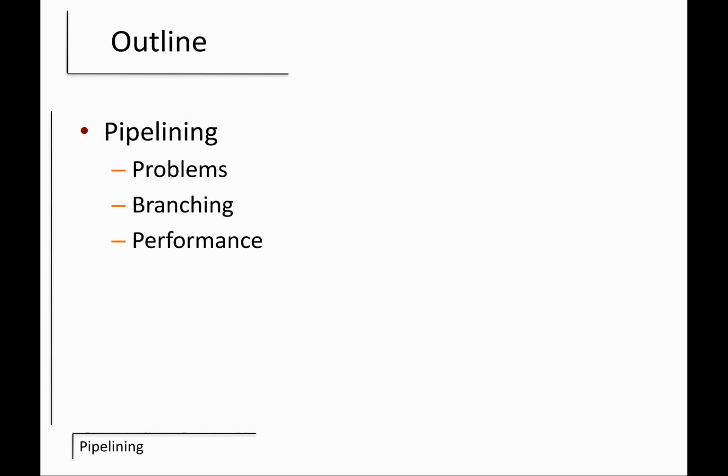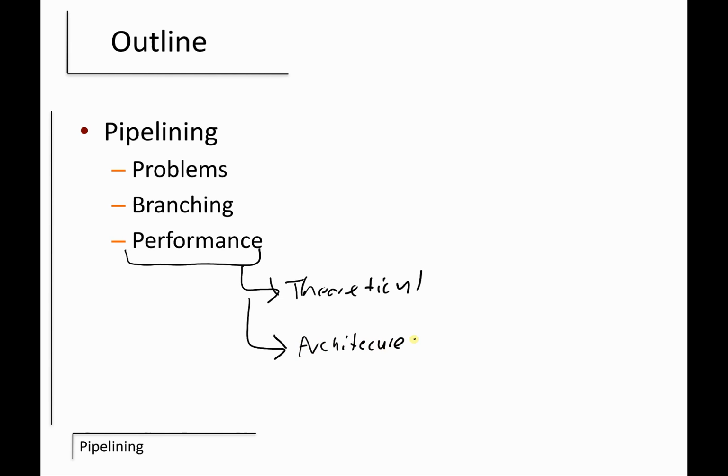So to finish off pipelining, what we're going to be looking at are some of the problems dealing with it, how branching affects it, and what we're looking at in terms of performance. And this is going to be broken down into a theoretical portion we can use to do some metrics on code bases to figure out what we can expect on a system. And we'll also be looking at the different architecture evolution